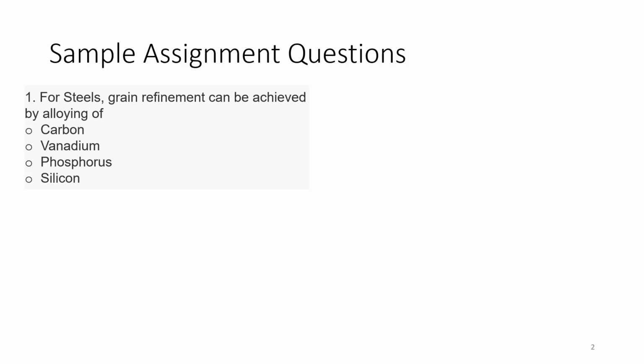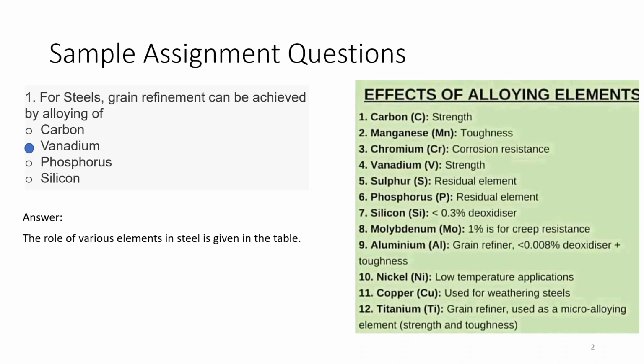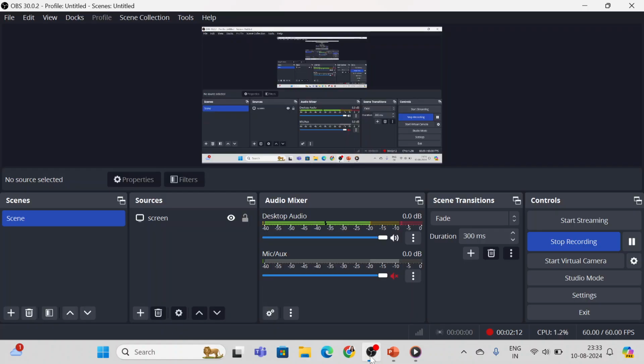Okay, so first question is, for steels, grain refinement can be achieved by alloying of. Your options are carbon, vanadium, phosphorus and silicon. So answer will be vanadium. So vanadium is one of the alloying elements which is used as grain refiner. Some of the other alloying elements and their roles are as given here. In case of carbon, carbon is added mainly to increase the strength of the iron. If you only have the pure iron, it has a very low strength. So by adding this carbon, its strength is improved. Second is manganese. So manganese provides,